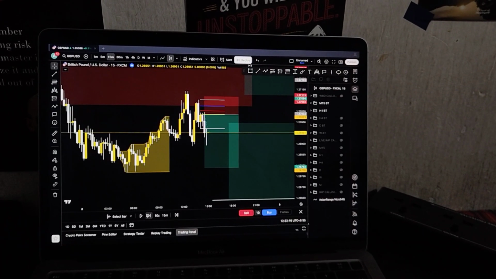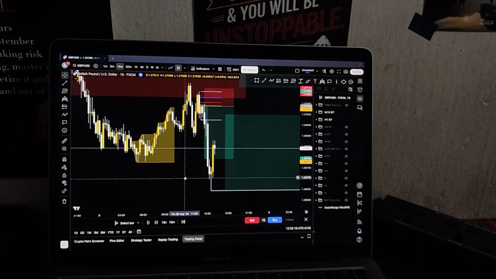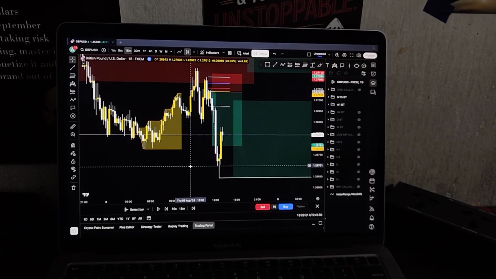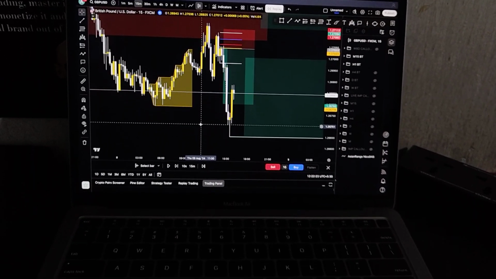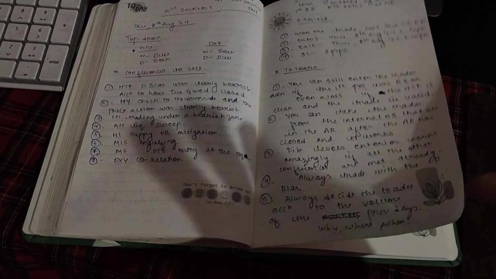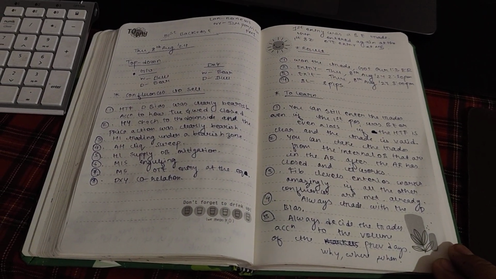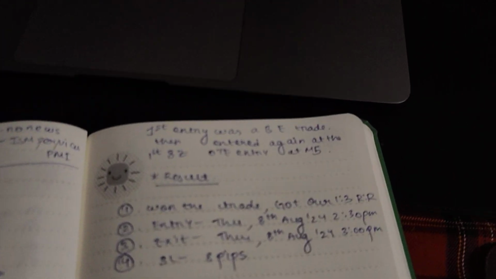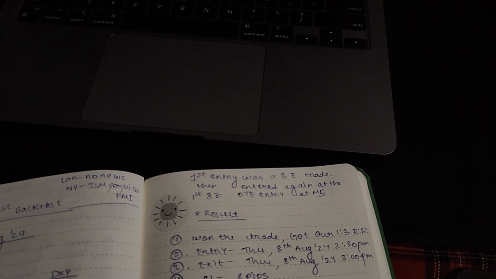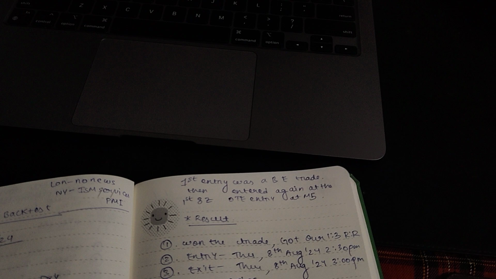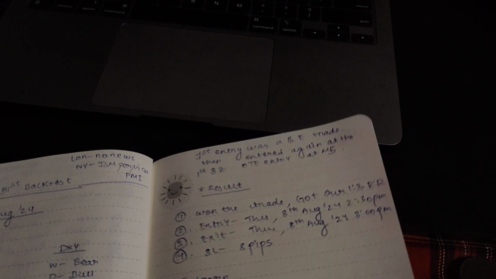So I just thought of journaling this trade, making a video, so that in the future it will help me. So also there was DXY correlation in this trade. We can clearly see I have also journaled this trade if I want to ever come and see how this trade played out. And you can see the first entry was a break-even trade, then entered again at the first supply zone OTE entry at M5, and it was a winner. So yeah,